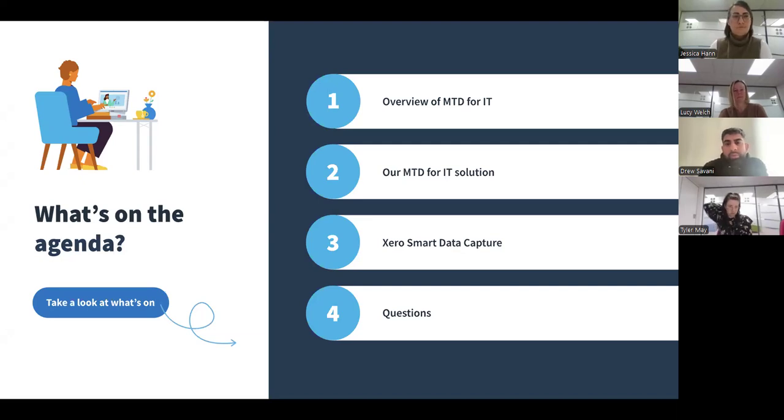Moving on from that, we will then go into Xero's smart data capture. Now, this is a relatively new feature that will make keeping digital records much easier. In a nutshell, what will be required from you is to take a picture of that document effectively, and Bevan Buckland will be able to, with Xero, process that in a much more streamlined way, whilst reducing the amount of manual record keeping that you have to do as clients. From there, we will wrap up and jump into any questions that you may have.